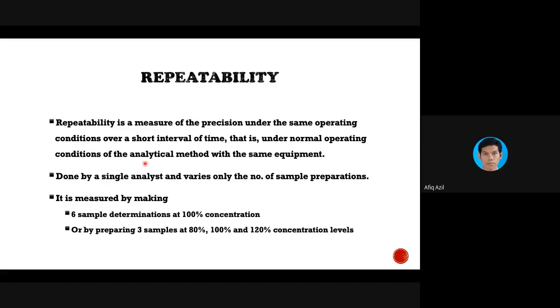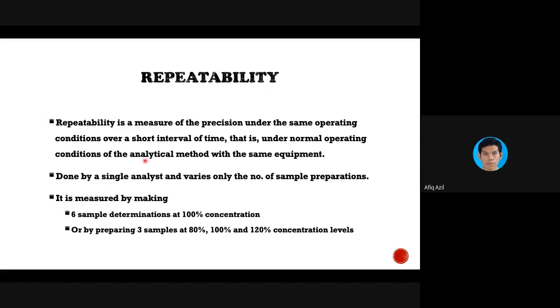The time taken for one injection or one analysis could be 30 minutes, for example. So maybe after another 10 minutes, you have to do it again to see whether you can get the same result. Or immediately after that, you straight away do another run.